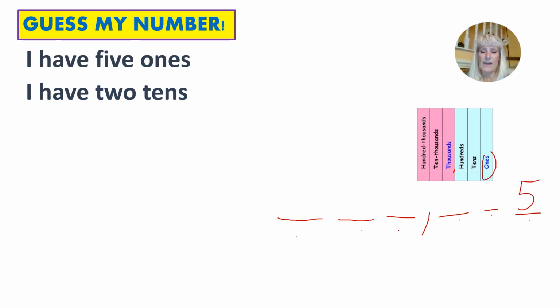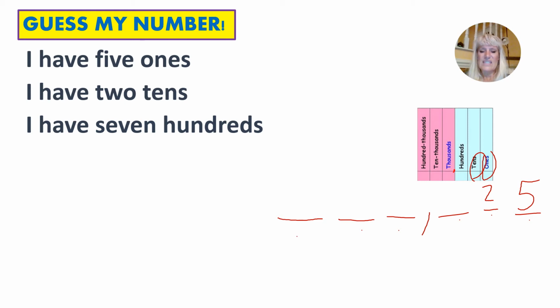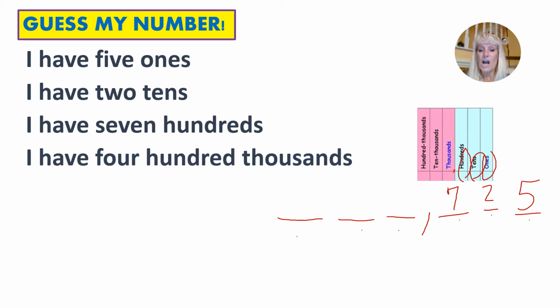The next clue, I have 2 tens. Well, here's my 10, so I'm going to stick 2 in my tens. I have 7 hundreds. All right, I've got 7 hundreds right there, and here's my hundreds place. I have 400,000. Whoa, I didn't say anything about the thousands or the 10,000s yet, so I need to go to 100,000s. That means that I have a 4 in the